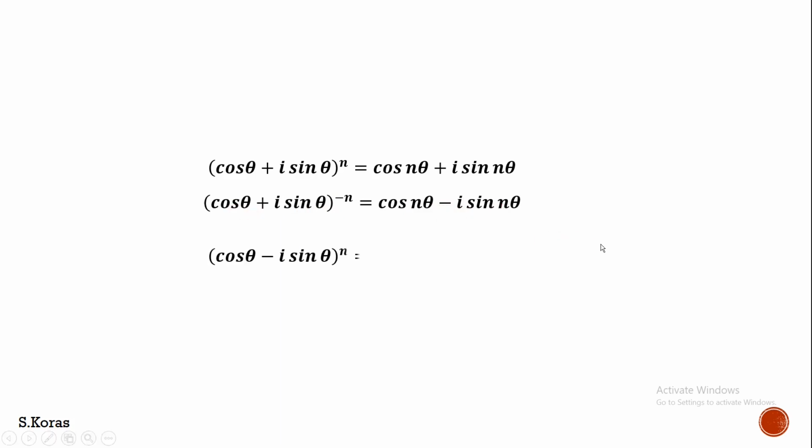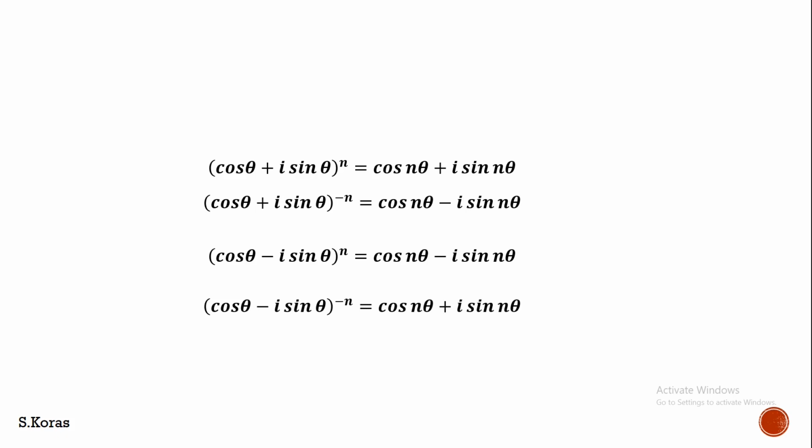And the third one: instead of cos theta plus i sin theta, if we keep that as (cos theta minus i sin theta) the whole power n, then the formula will be like this. Again, for this (cos theta minus i sin theta) the whole power minus n, we have this formula. We can follow a shortcut here to do this very easily. Just multiply this power sign with the middle sign. Plus into plus is plus, then this middle will be plus i. Minus into plus is minus i. Here plus into minus is minus, so you can write minus. Here minus into minus is plus, so we can write plus.